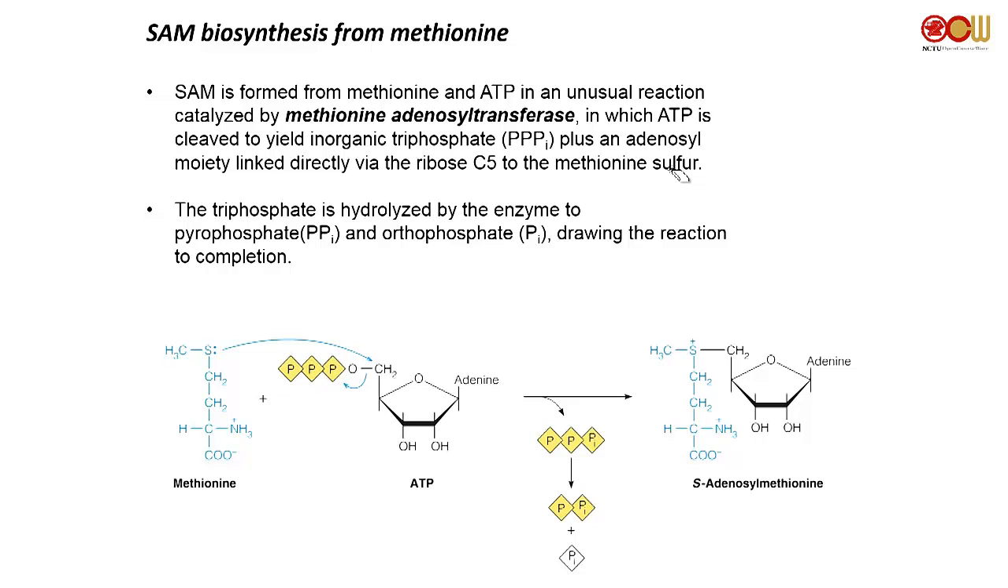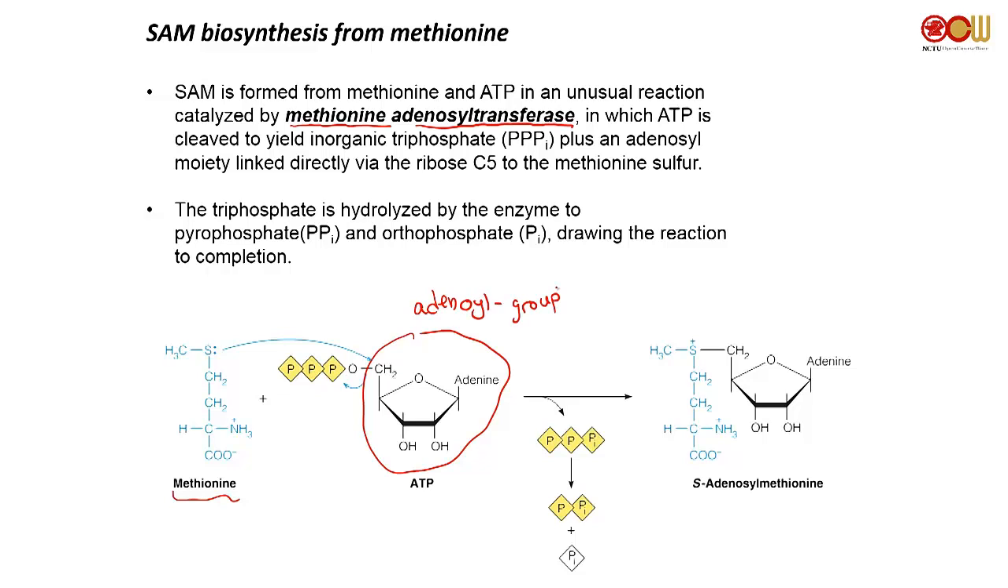SAM biosynthesis starts from methionine, okay, obviously. Now, if you start with methionine, all you got to do is activate it using ATP, but this is not a kinase, guys. Kinase donates a phosphate. This guy actually donates the adenosine, okay, just the adenosine. So this thing is called methionine adenosyl transferase. So you are transferring the adenosyl group. This thing is the adenosyl